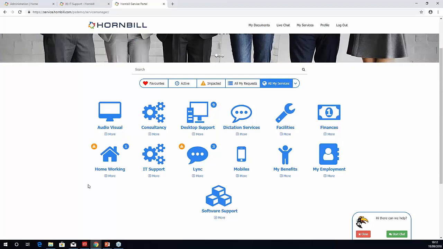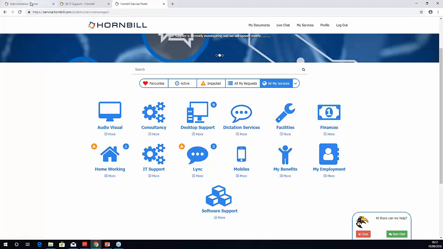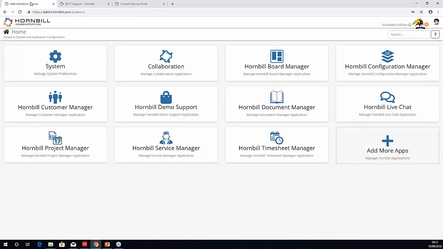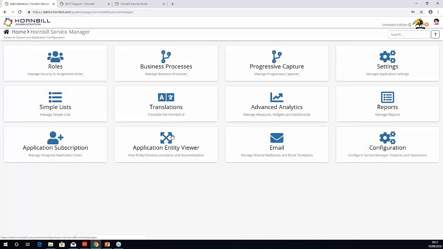So for those of you who've got the admin credentials, you can go into the administration section, so admin.hornbill.com/your instance name. You would need to go into your application, Hornbill Service Manager, and within Service Manager you have a settings button. If you click on the settings button,